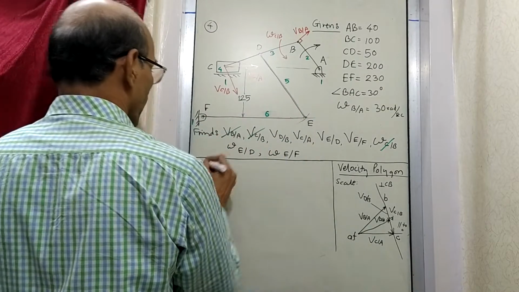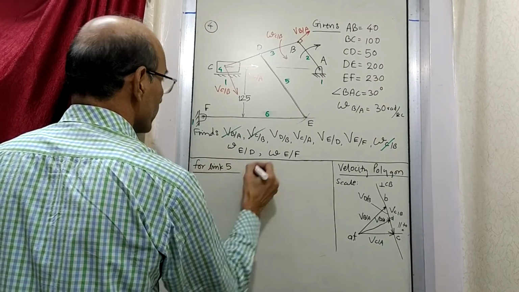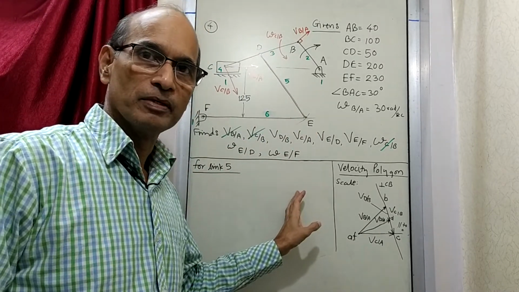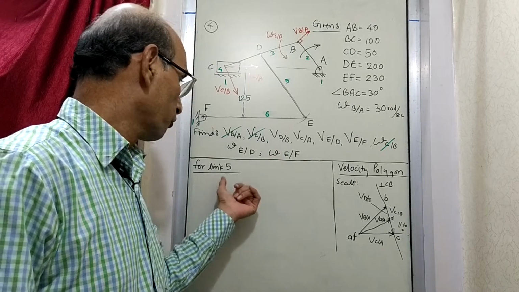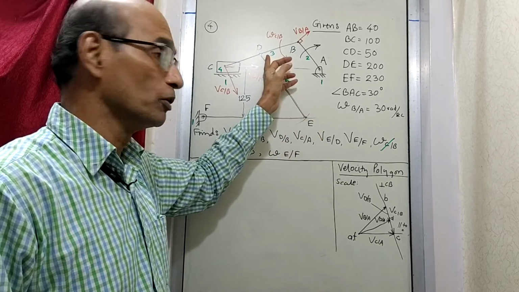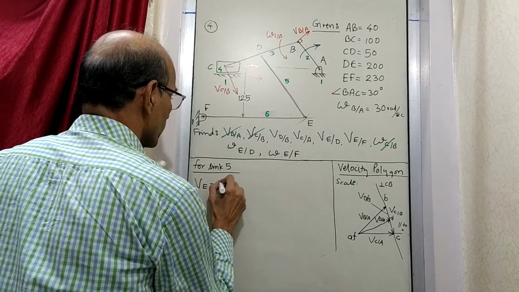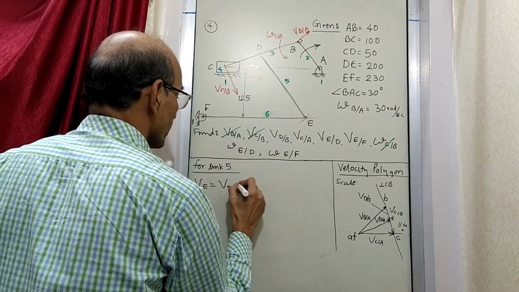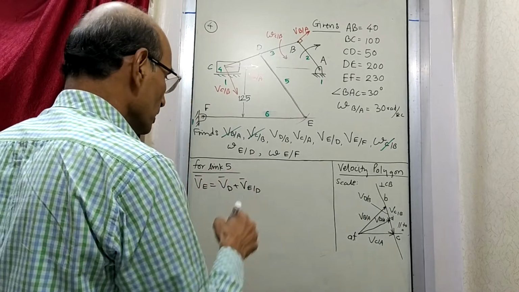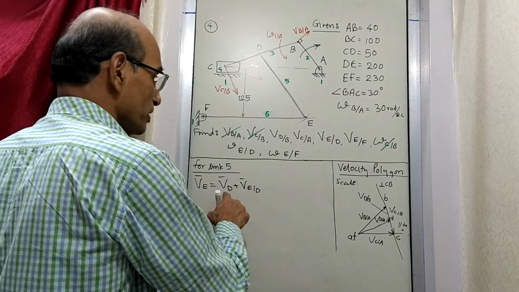So now let's go to link 5. So consider link number 5. You will find we are writing a similar equation every time. Velocity of any point on the link which you want to know is equal to velocity of a known point. So we write like this: velocity of E is equal to velocity of D plus velocity of E relative to D. You will find we have formed the equation by making use of the same principle which we have used earlier. So velocity of D is already known.